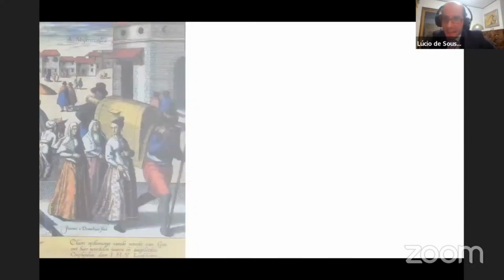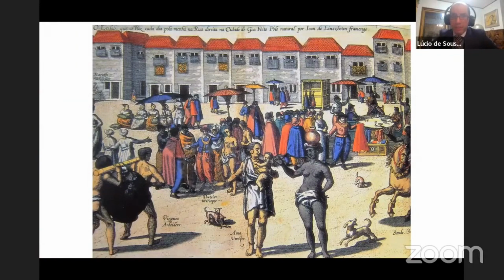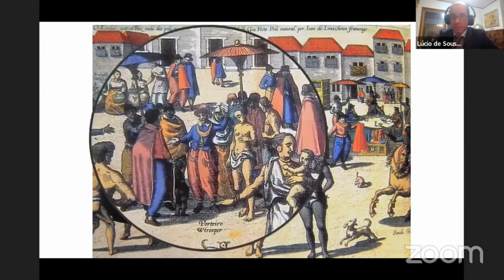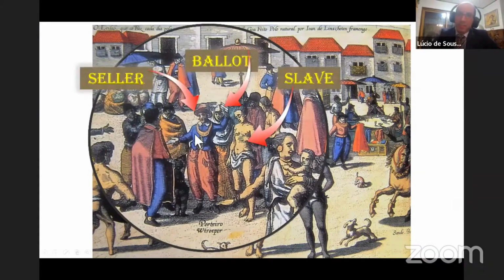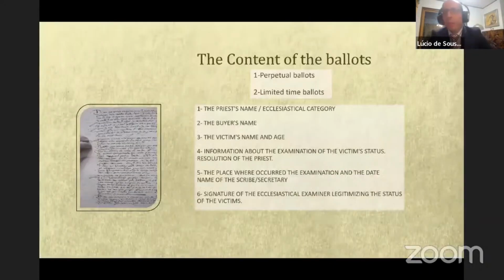And if we pay attention to it, we will find in the middle this scene, this depiction. And in fact, what we are seeing here is a seller. What he has on his left hand is a ballot, a slave passport, and this woman is in fact a slave. Regarding the passport